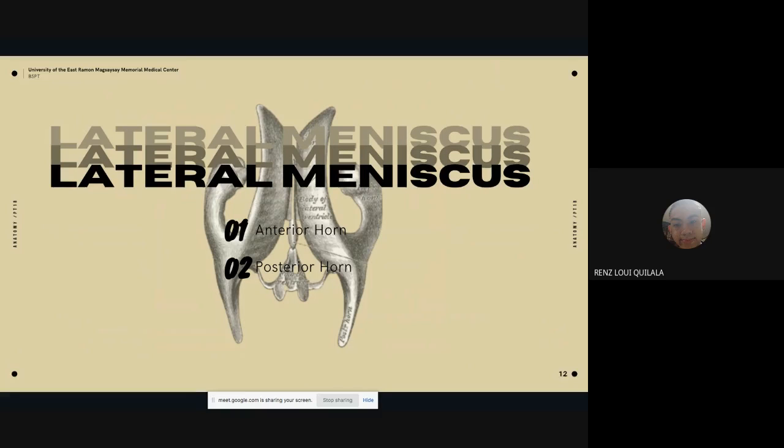For the lateral meniscus, its anterior horn attaches in front of the intercondylar eminence, posterolateral to the attachment of the anterior cruciate ligament. The fibers of the anterior horn and the ACL actually blend on itself. Its posterior horn covers a larger area and is more circular in shape. It attaches posteriorly to the same eminence, anterior to the posterior horn of the medial meniscus, often anchored down by two meniscofemoral ligaments and more laterally by fibers from the popliteus tendon, which controls the mobility of the meniscus.